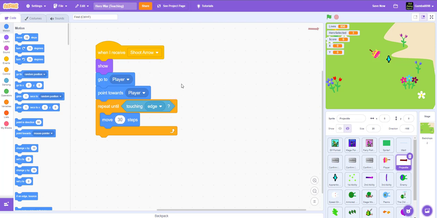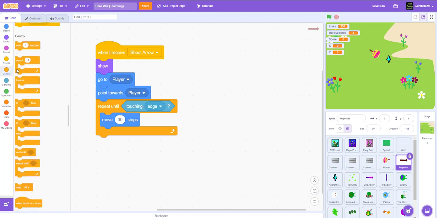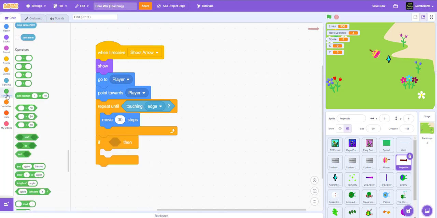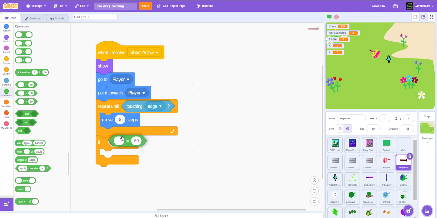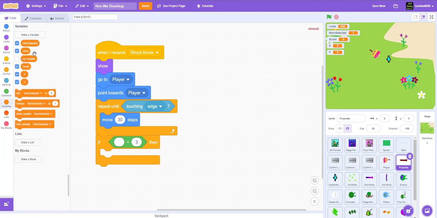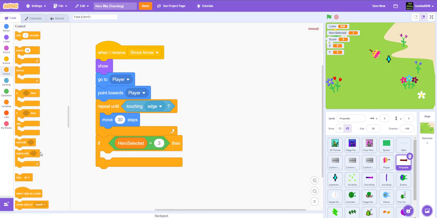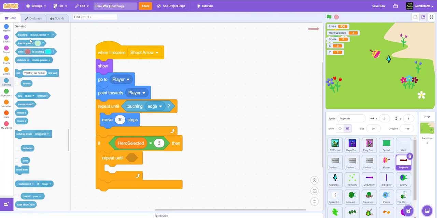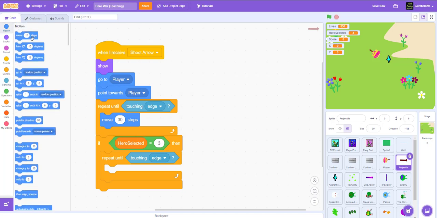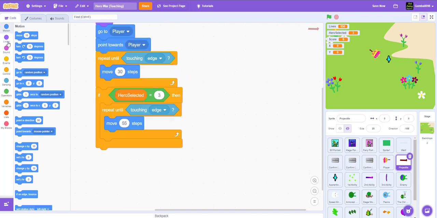We do have this extra additional part of code, which is an if then. The Fairy Queen is really weak in her base attack, so we made her arrow go quicker so you can get more shots in. If hero selected is equal to 3, which is the fairy, then it will repeat until touching edge, moving 55 steps. This one's a lot quicker than the other two, because the Fairy Queen's kind of weak on the space attack. And then we have a hide,